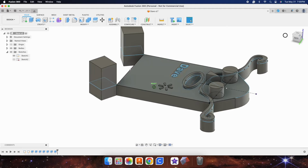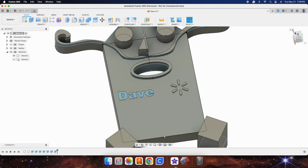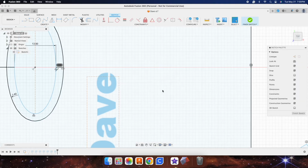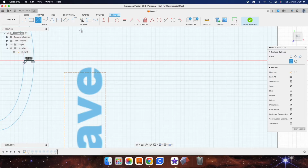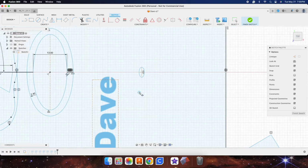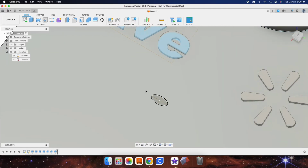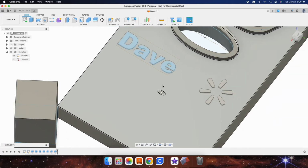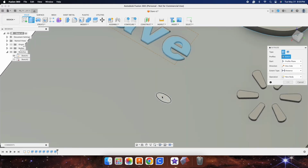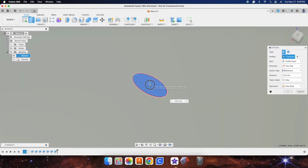Now let's say we wanted to give Dave a belly button. If we went in, edited the first sketch, let's give him a little belly button. Let's use the ellipse tool. Boom. Now he's got a belly button. But he's got an innie. Maybe he strikes me as an outie kind of guy, but we're going to give him an innie for sake of demonstration. So if we click here, click on the face, then we can also pull down and